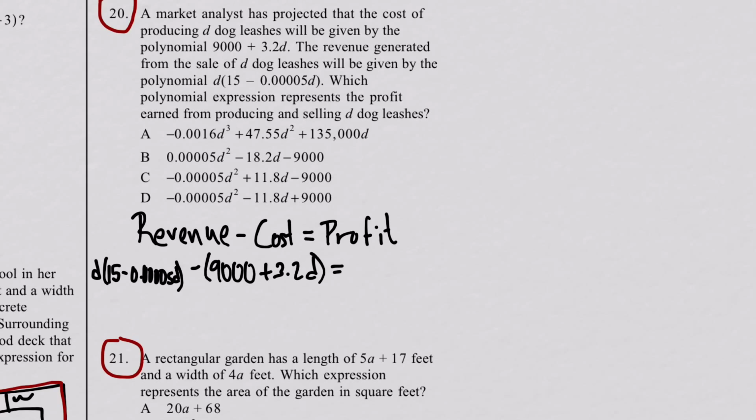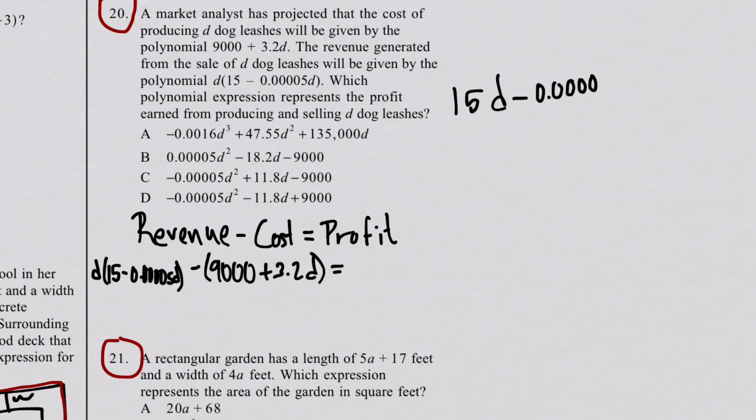So to start this one, I'm going to go ahead and distribute the D. D times 15 times 0.00005D. Okay, so that's going to give me 15D. I'm distributing the D right here and right here. Okay, 15D minus